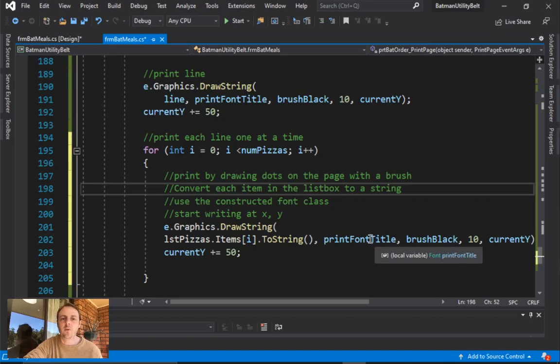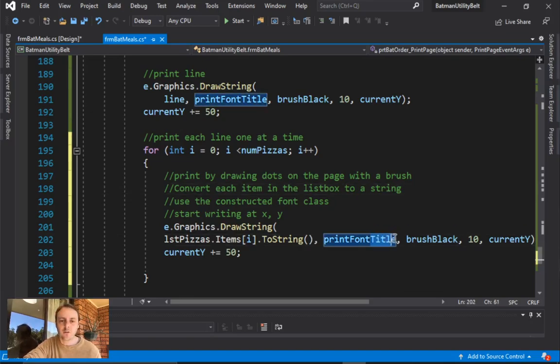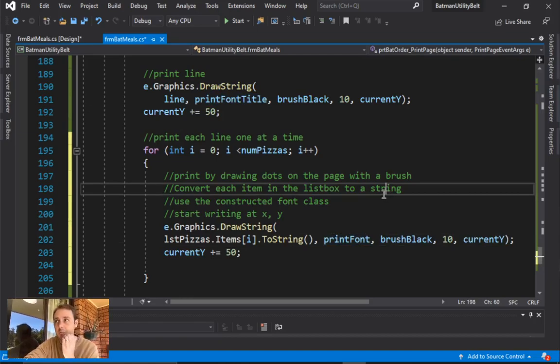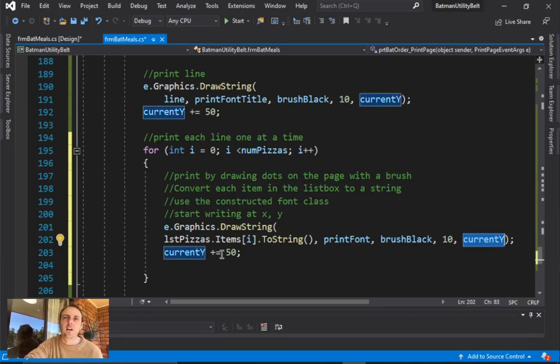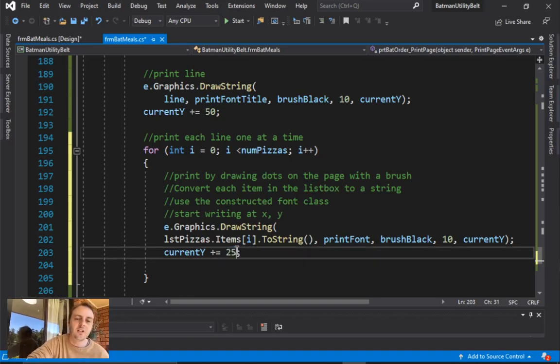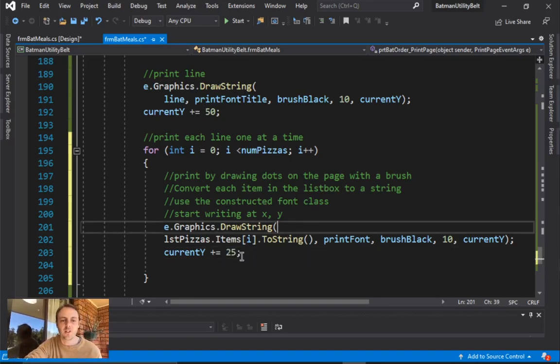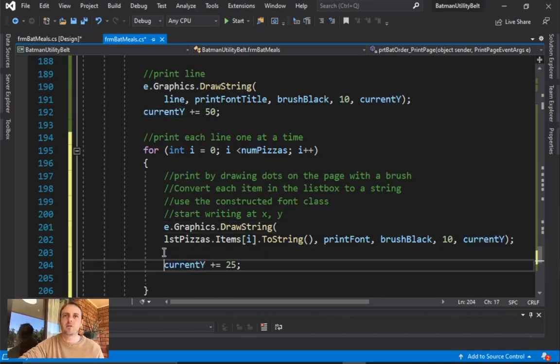Okay, I don't want my font title. I just want my regular font, which is a slightly smaller font. It's going to be equal to starting at 10 again, and it's going to be current Y. Now this time I don't need to go down quite as far, so I'm only going to make it go down 25 points because I'm using a smaller font this time. And that literally just means